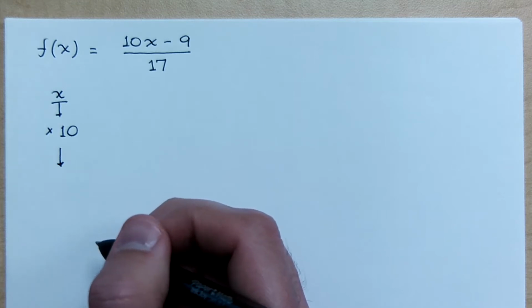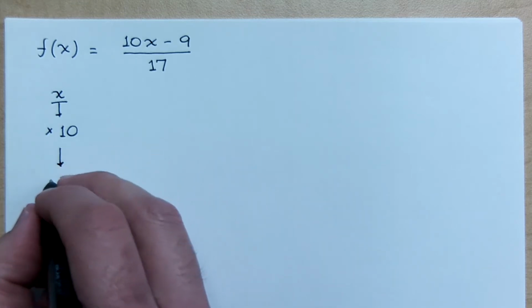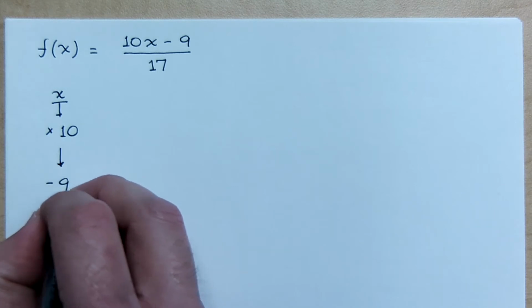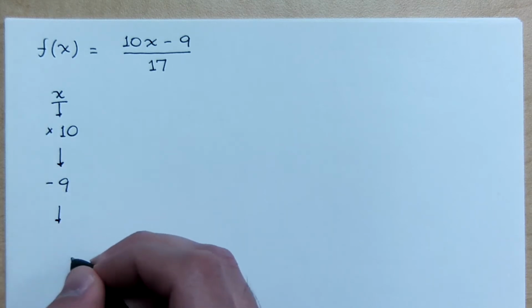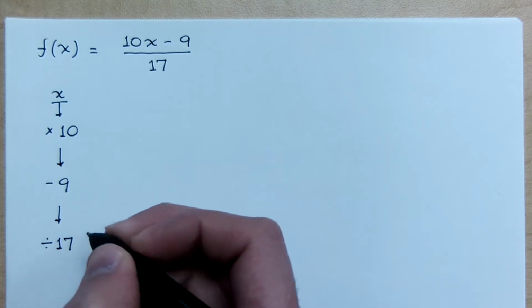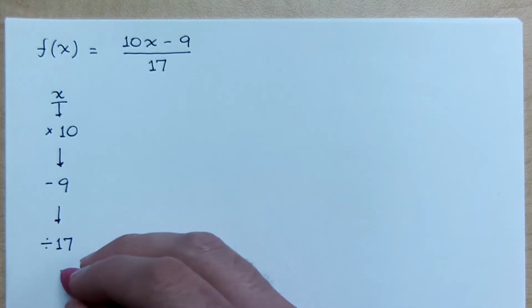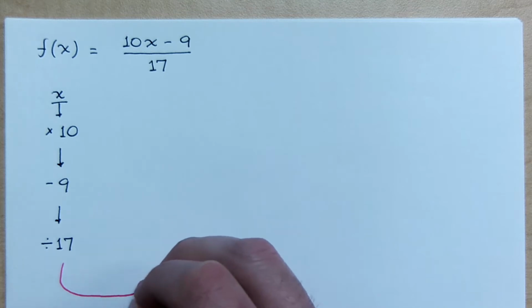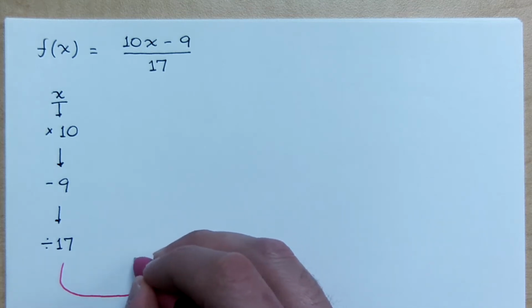What do you do next after you multiply times 10? You subtract 9, and after you're done subtracting 9, the last step you would take is what? You would divide by 17. So, let's go the other way. Let's go backwards. If I start with x,